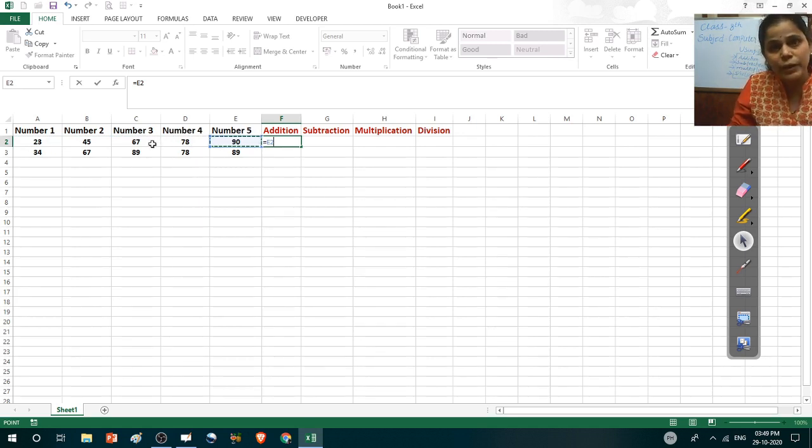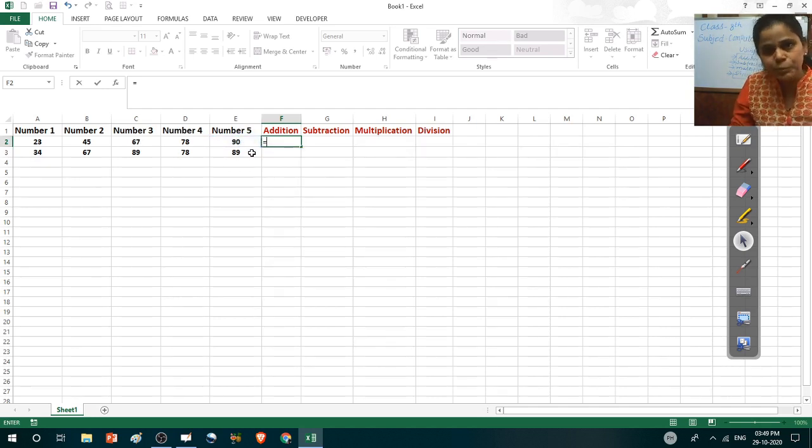I explained the cell address in my previous lecture. The cell address of this cell is E2, because it is E column and second row. So E2 is the cell address of this selected cell. It's clear.